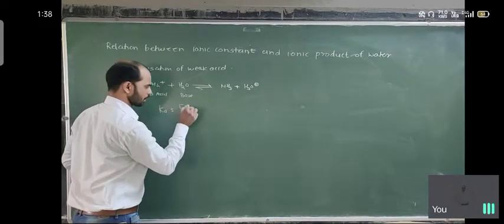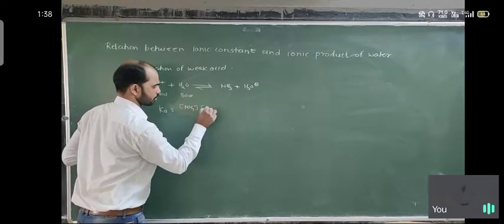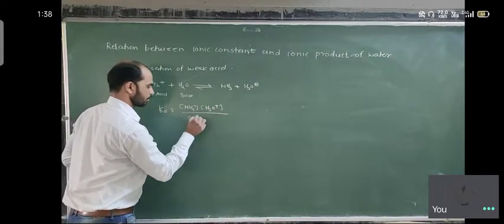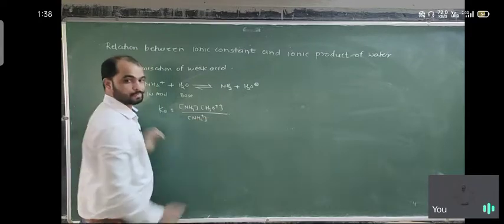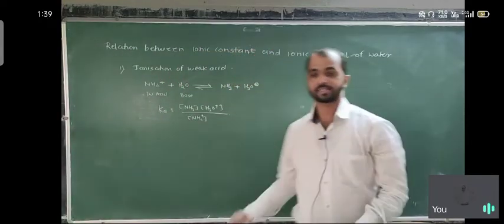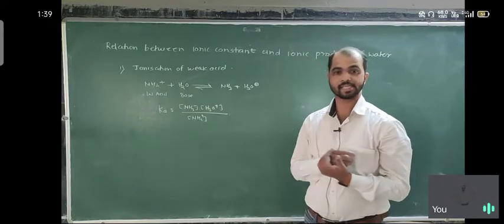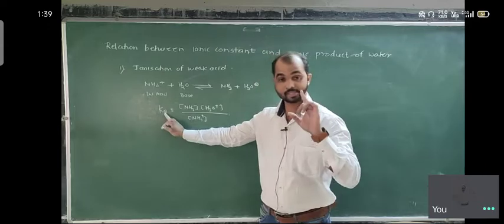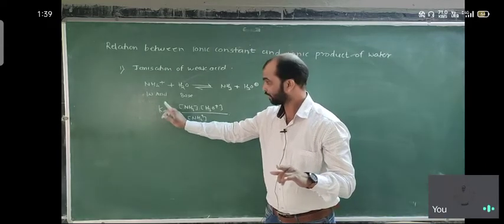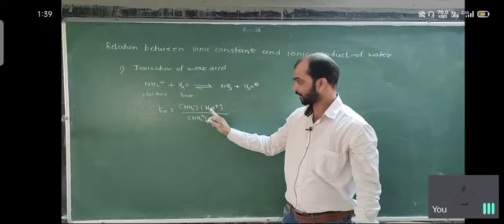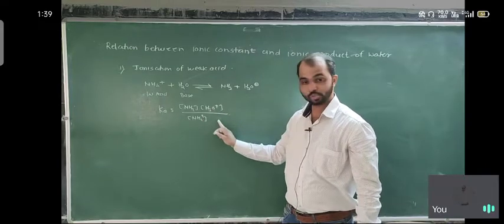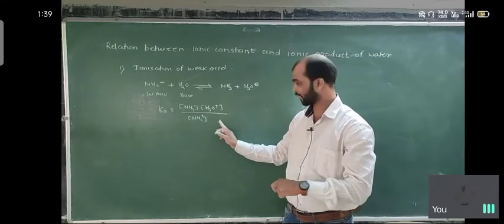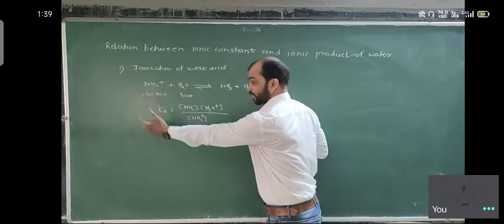So it is the concentration of NH3 and the concentration of H3O plus upon the concentration of NH4 plus. Water is there, but there is no need of water in the expression; water is taken as a constant, so it is directly taken as a K. First of all we take K here: NH3 into H3O plus upon NH4 plus and H2O. Water is in high concentration, so we consider another constant for K, and then we take K to one side.